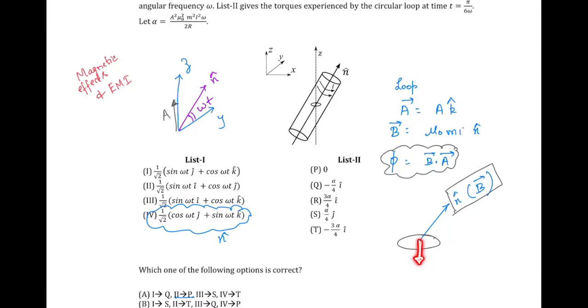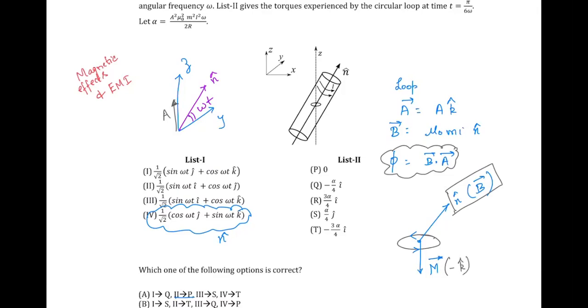So if the magnetic field is going to be pointing downwards, the current will be induced in the loop in this particular manner, like this, where the m vector for the loop would be pointing down. Once you have identified this, you are done with that part. Now m cross b you need to figure out. You have to carefully visualize this in 3 dimensions. Now the m vector is pointing in